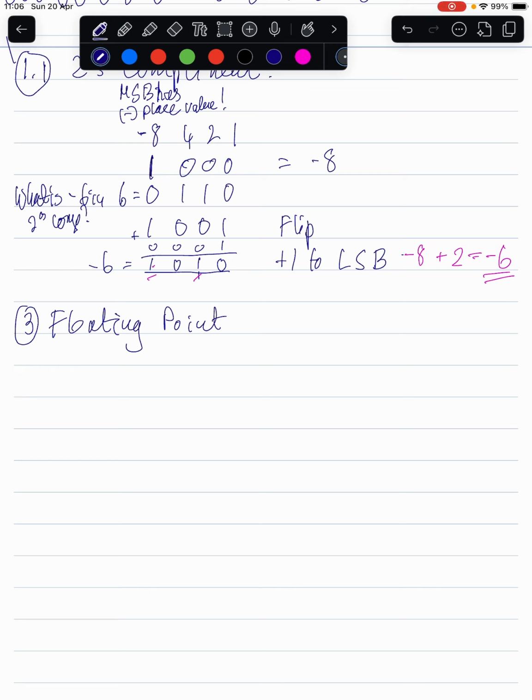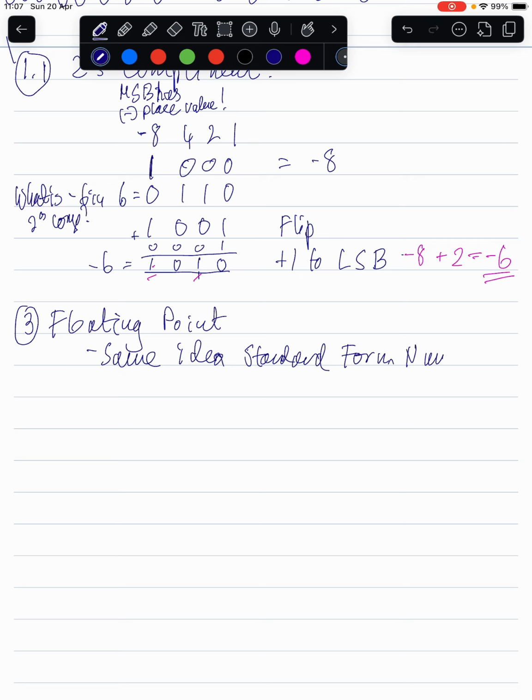And the thing to realize is that it is the same idea as something you've already looked at in GCSE, and that is standard form